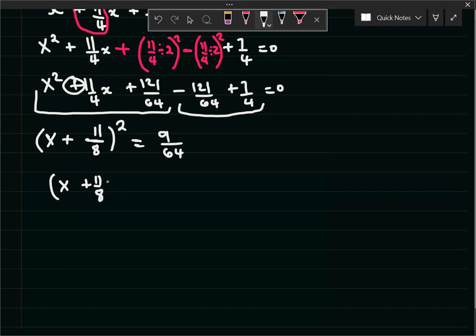11 over 8 squared, and then there's a square root there. Then this side I have 9 over 64. I have to introduce a square root as well here. Then plus minus. Don't forget to put a plus minus on the side of the number when you introduce a